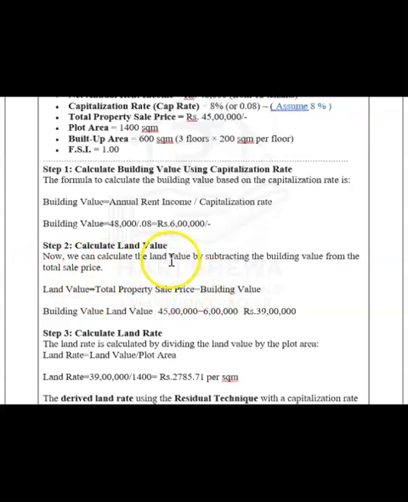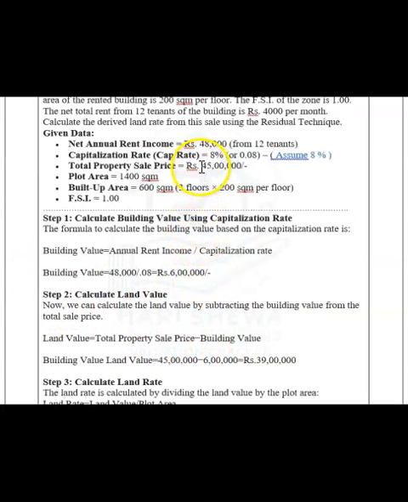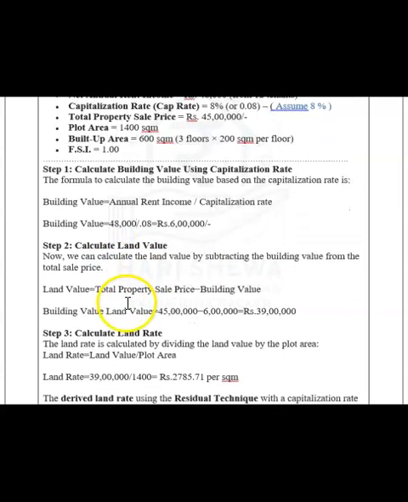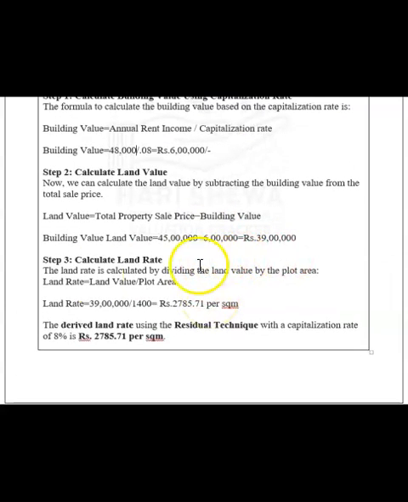Now calculate the land value. We know the total sale price of the property is 45 lakhs. When 45 lakhs minus these 6 lakhs, the total value of the land will come to 39 lakhs. From 39 lakhs, we can calculate the land rate. 39 lakhs divided by 1400,